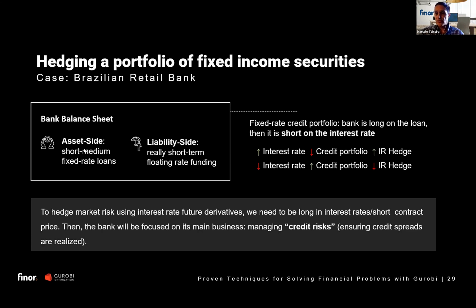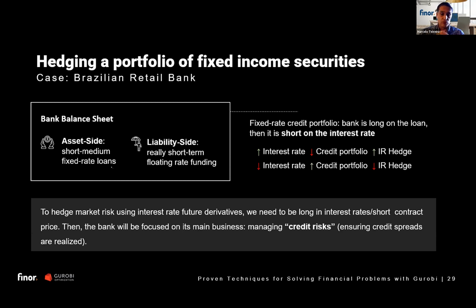So as interest rates rise, what happens is you're discounting future cash flows. So the higher the interest rate, the higher your discount rate to bring this cash flow in the future to the present. Therefore, a fixed rate credit portfolio would see the present value of its loans going down, hence putting the net interest income of the bank in peril. As you see, the spreads will narrow when the short-term funding gets more expensive,